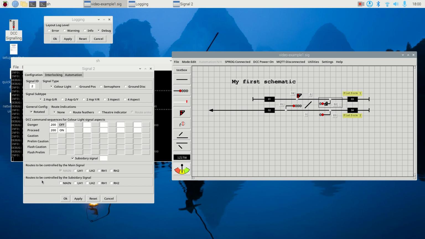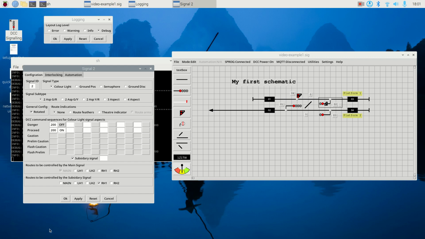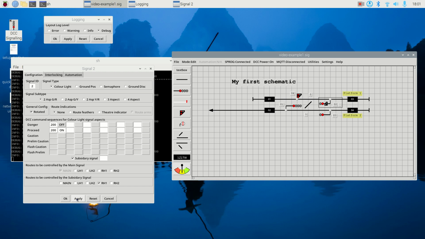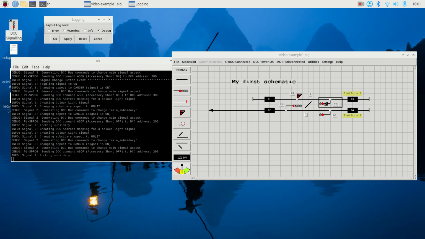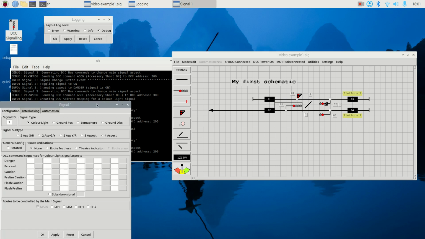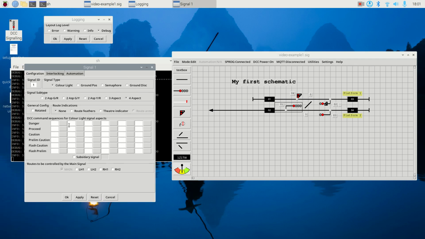So routes to be controlled by the subsidiary signal, right-hand one, and we can click apply. Then if we have signal 3, signal 1, open that up, and again we're going to change it to a 2-aspect green and red signal, but